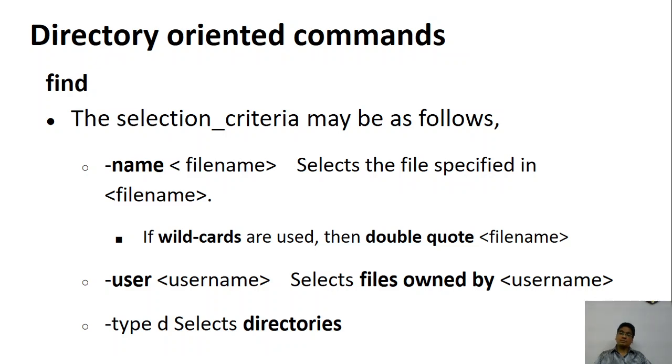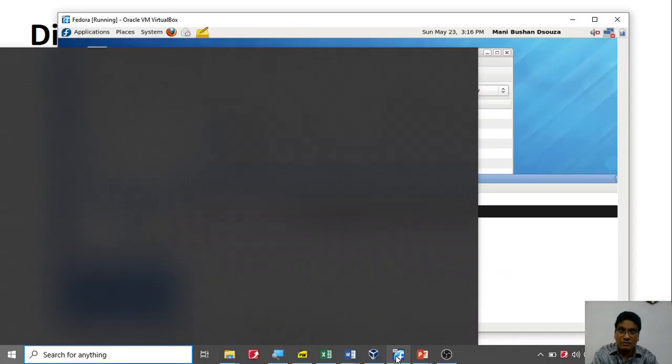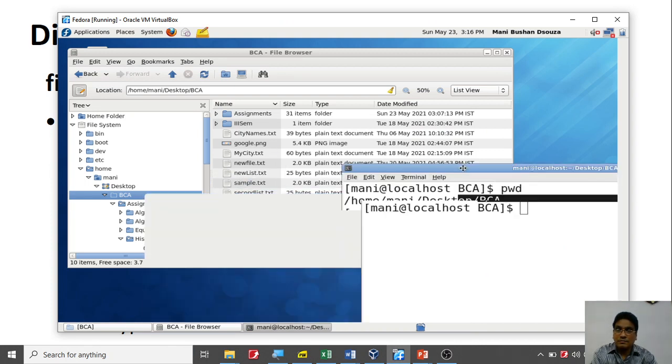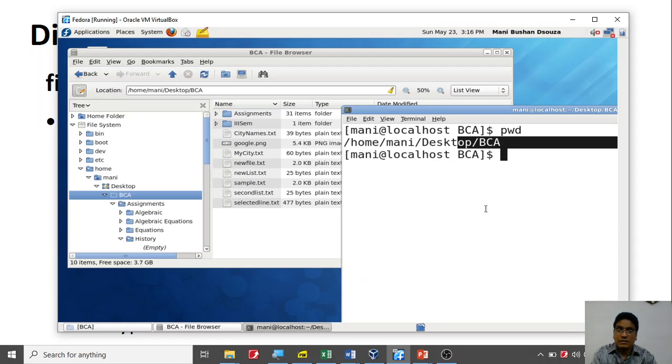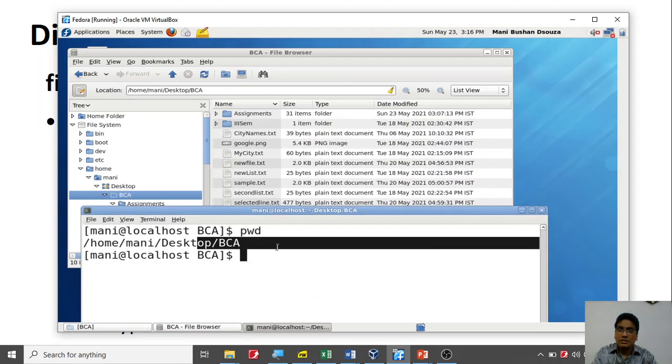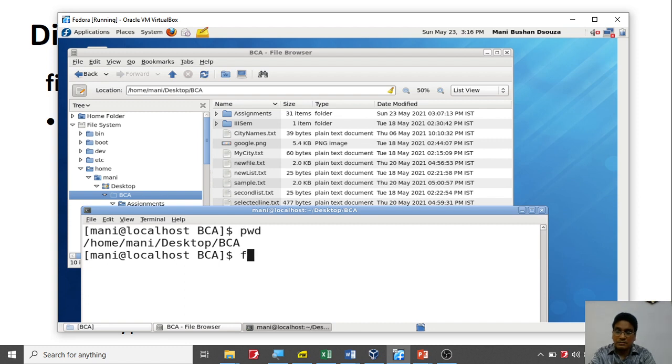There are a lot of options. So let's look at the first option, using find with the name. I'm going to find something. I'm in the BCA directory.